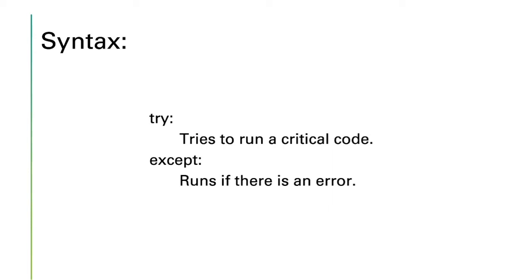So in the try block, we write those particular statements, and the except block will contain the error handling code. This is going to execute only if that error occurs. Otherwise, the except block will not run. Now let us go to the Python screen and see how we can handle the exceptions, that is, the errors, in a customized manner with the help of the try and except blocks.